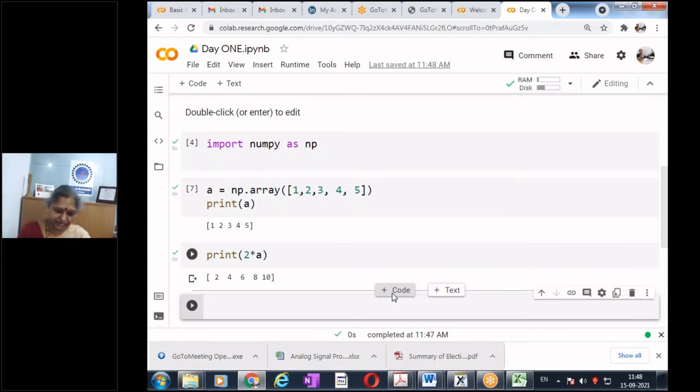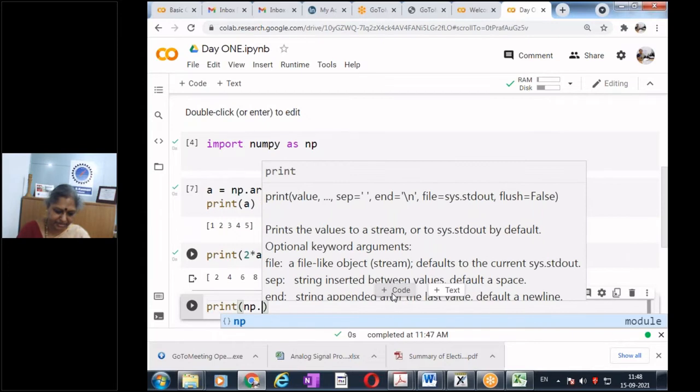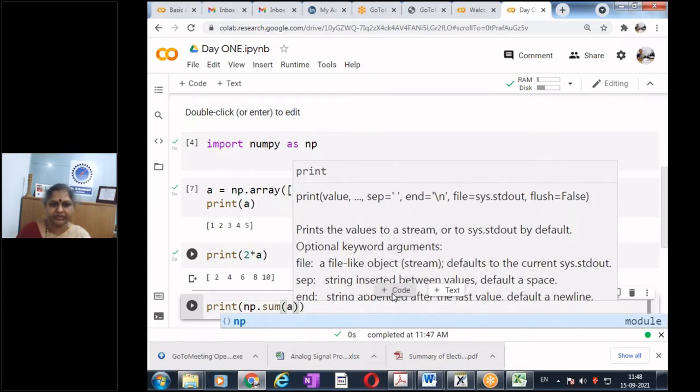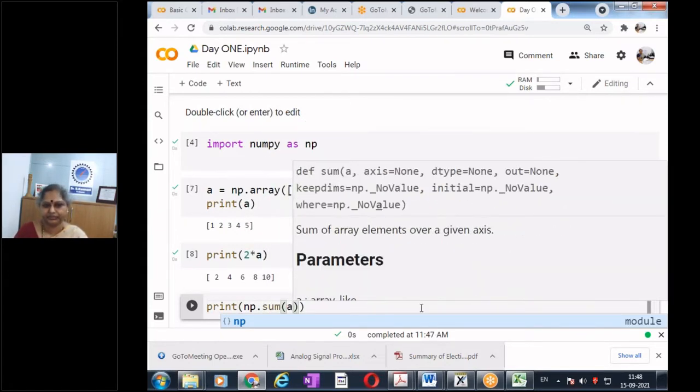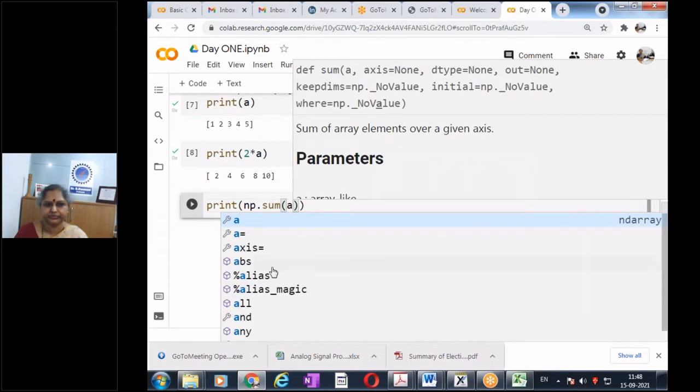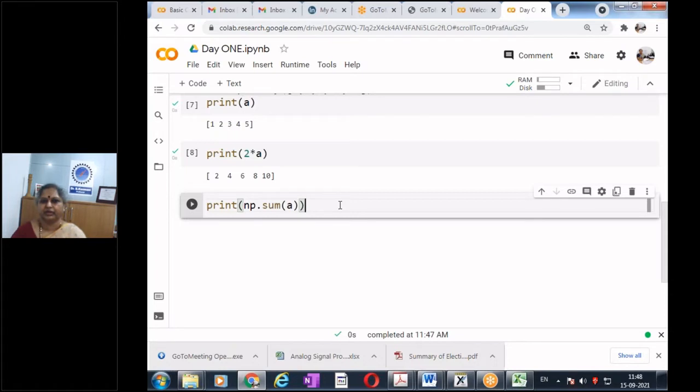Please print np dot sum of a. Please try this command, np dot sum of a, and see what we are getting.